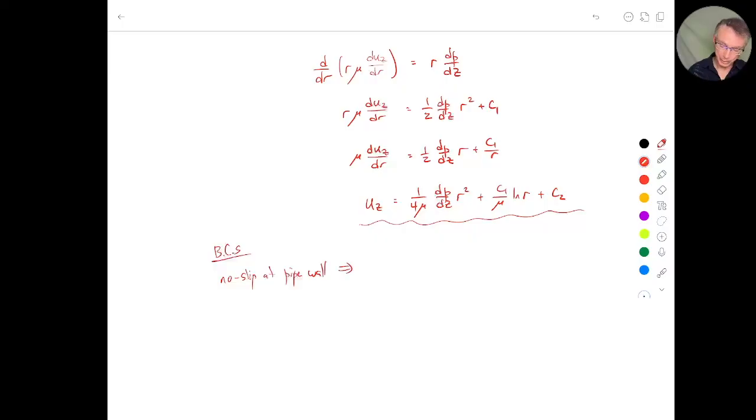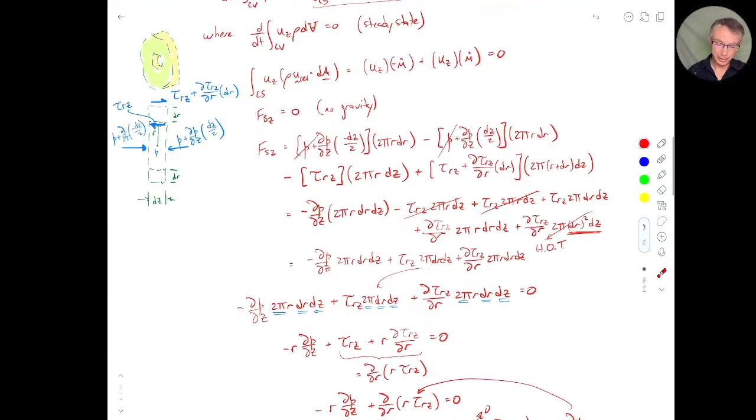So that's my first boundary condition. That means that the uz velocity at r equal to capital R is 0. All right. And then the second boundary condition, this one's a little bit trickier. You can think about it two different ways. The second one's actually going to occur along the center line. So right along the center line of this pipe,